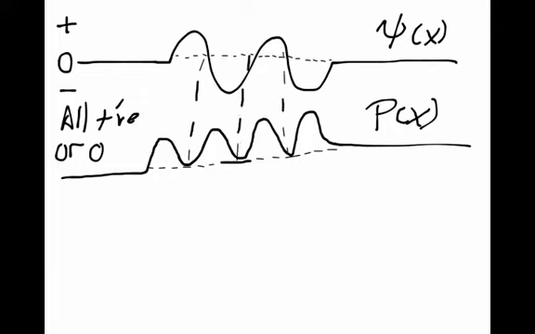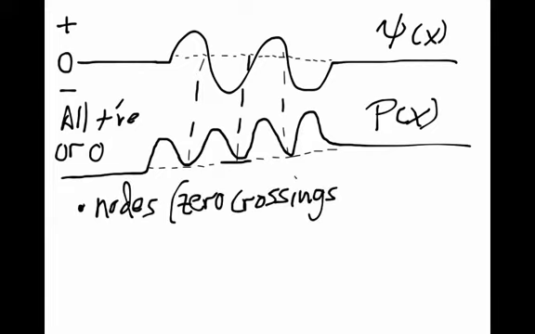And if we go down here, we have nodes in the original wave function. Now in the probability distribution, we have minima that go down to 0. So there's 1, 2, 3 nodes in the original wave function, and then we sort of have a 4-lumped camel here in the probability distribution, where there are 3 minima corresponding to those 3 nodes in the original function. Okay, so the nodes in the function, which are 0 crossings, become areas where the probability is 0, and near the nodes are areas where the probability is near 0.